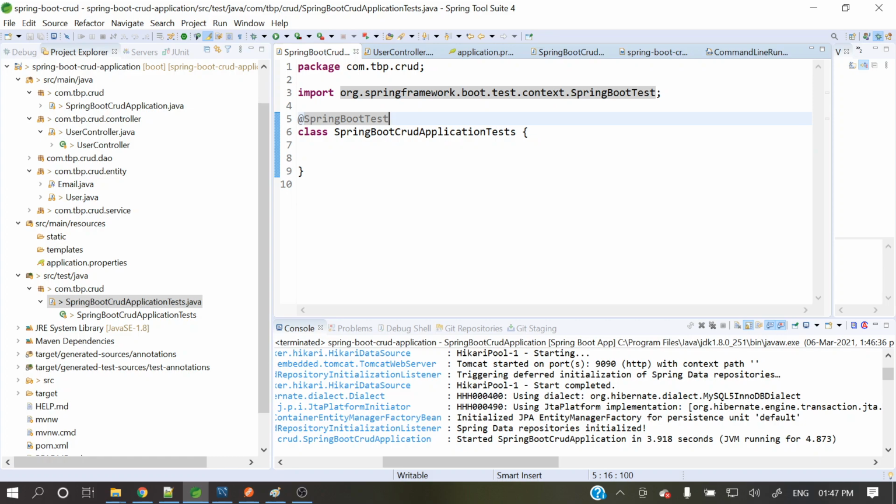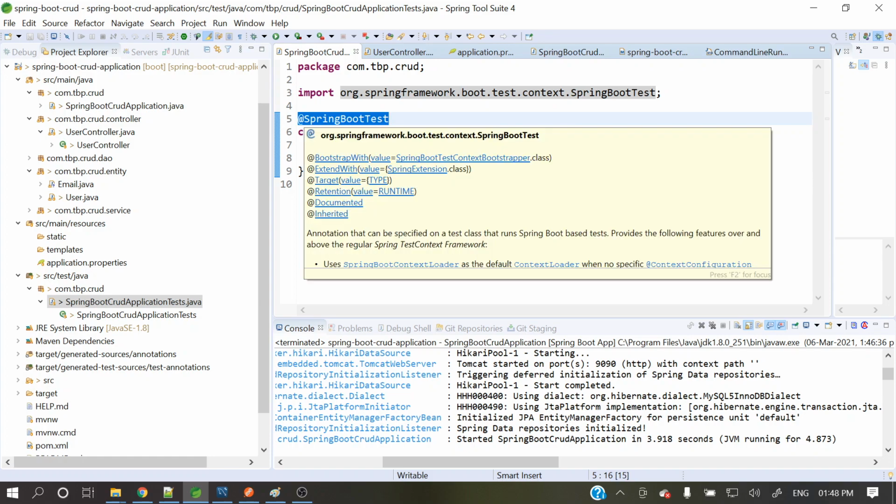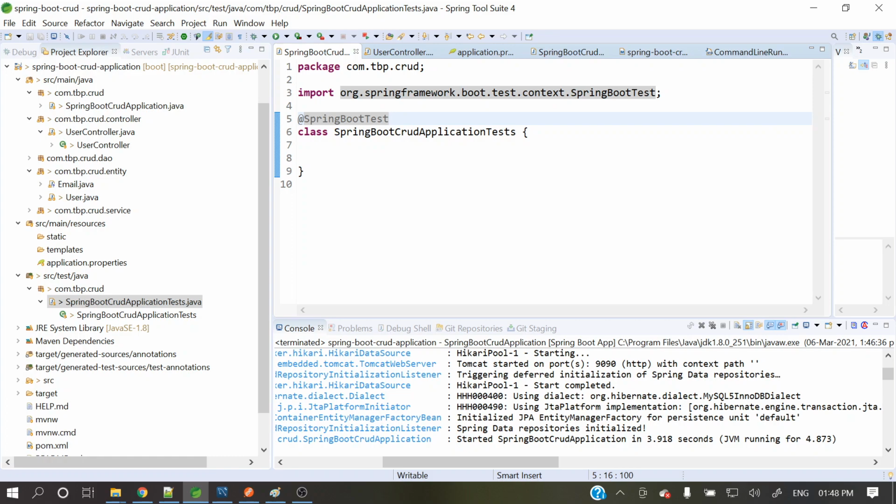To write the integration test, first we need to load the application context entirely. The SpringBootTest annotation will do that. It will load the application context, but we want a web environment, because in that web environment our application will be deployed and we'll hit it to test it. So we need to specify here